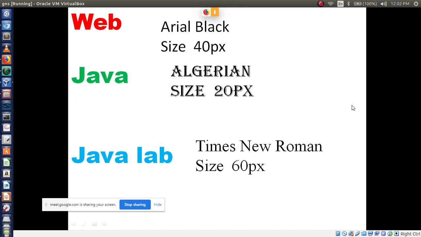In the previous class we discussed inline style sheets, right? So do you know what CSS means? Can anyone tell me?